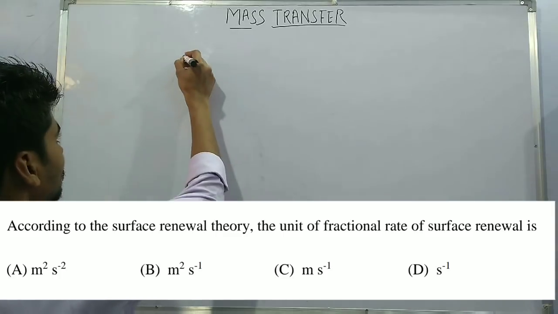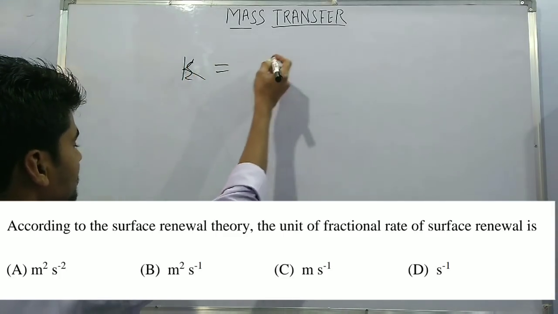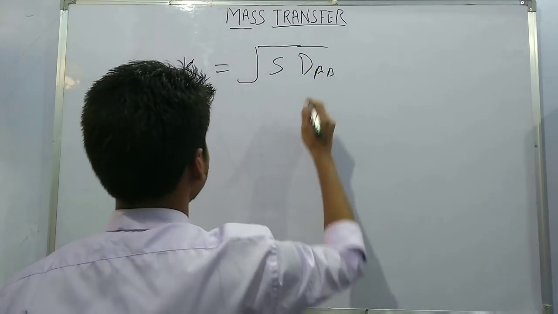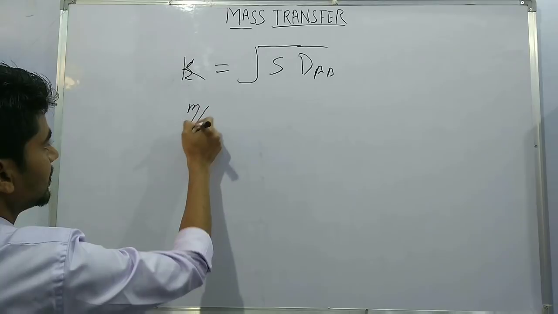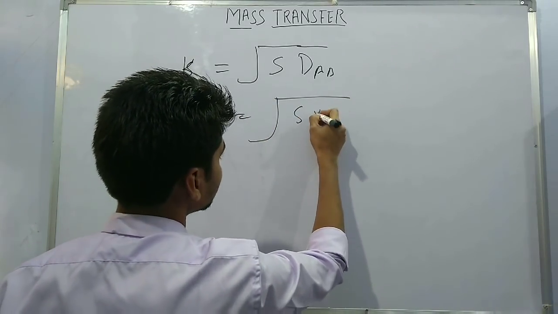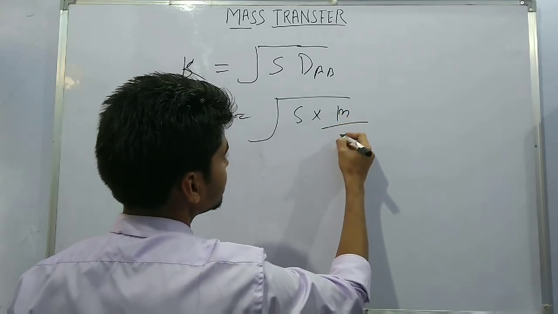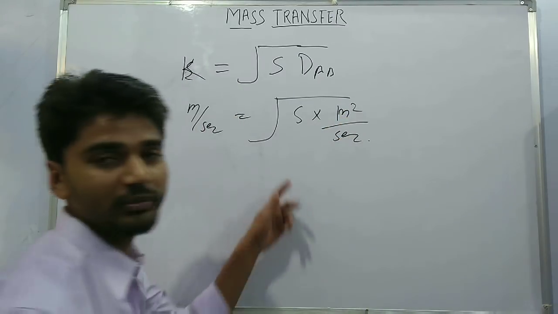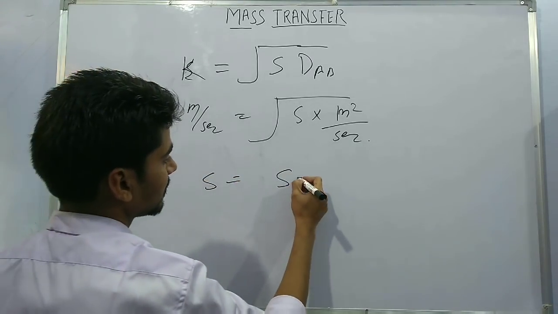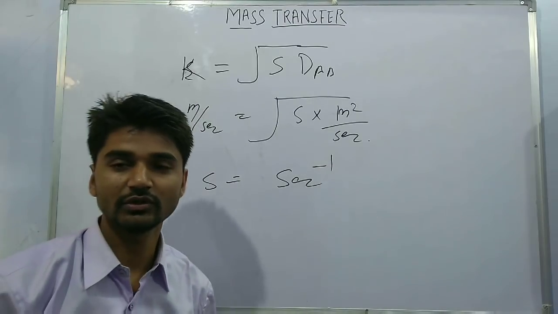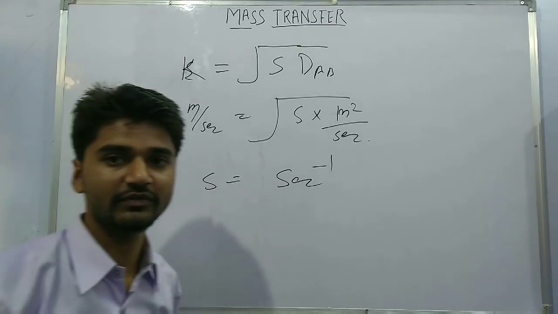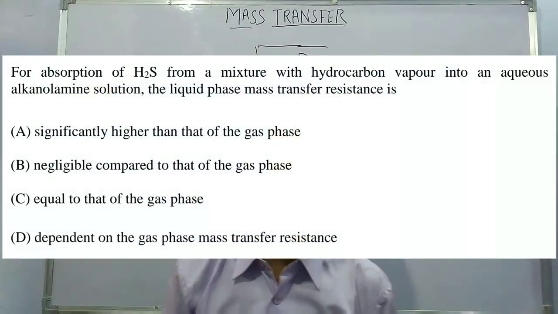So here we know from surface renewal theory, the mass transfer coefficient is proportional to the square root of diffusivity, where the unit of K is meter per second, that is equal to the diffusivity, whose unit is meter square per second. So from here we can solve, and that will come out to second inverse. So this is basically the unit of the fractional rate of surface renewal. So the next question is,